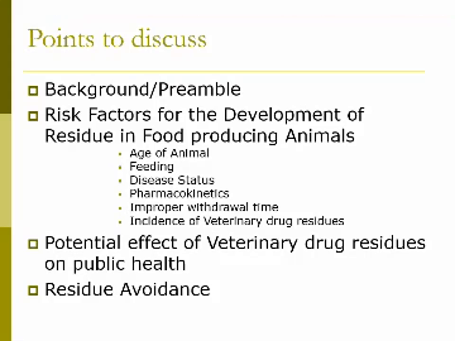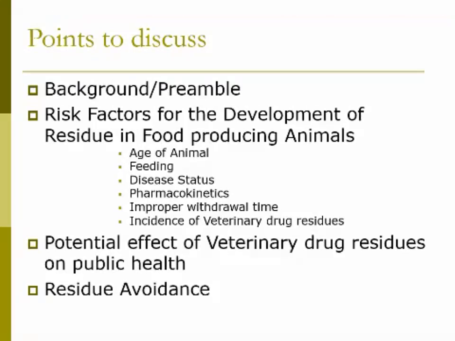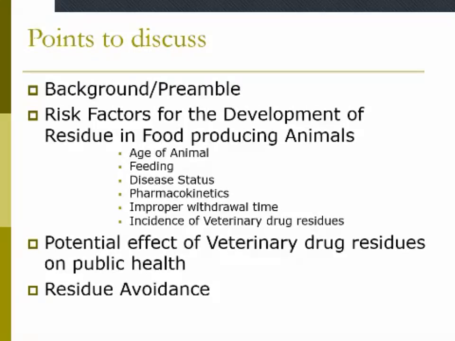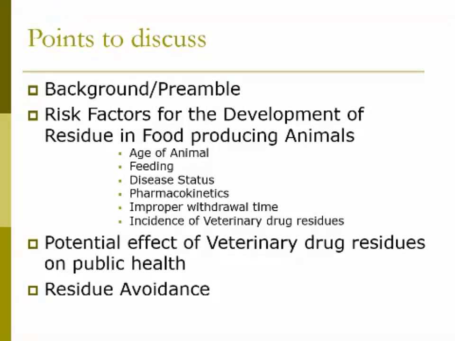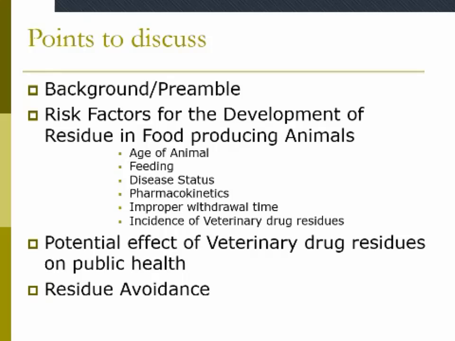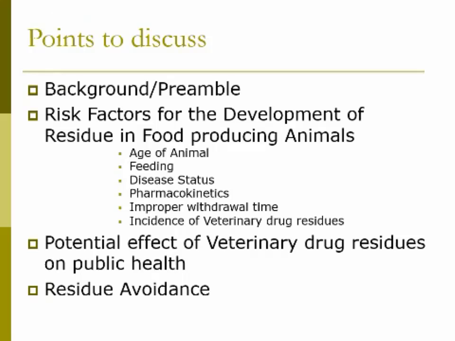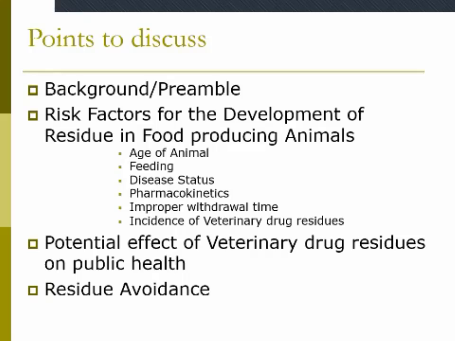The first is the detection of residues using sensitive tests with a low rate of false negatives. And then confirmation, which requires quantification of these products with a low rate of false positives. So the residue prevention strategy is based on preventing the entry of violative residues in meat or milk intended for human consumption by a proper drug use guide, which has been developed for use by both veterinarians and food animal producers. In which herd health management, use of only approved drugs, establishment of a valid veterinarian-client-patient relationship, proper drug administration and identification of treated animals, proper maintenance of treatment records, having proper drug residue testing capabilities, and creating awareness of proper drug use and methods to avoid marketing